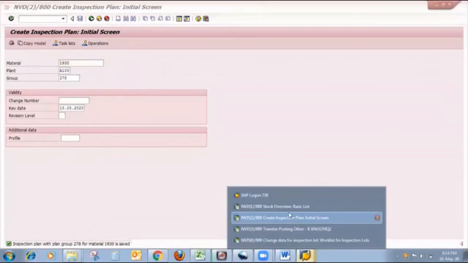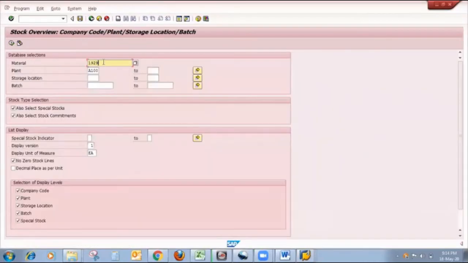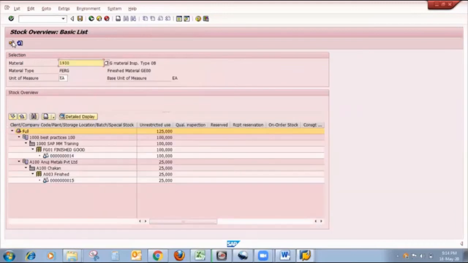So friends, here I also want to show you the stock requirement or stock overview of this material, that is 1930. In MMBE, I want to maintain only the 1930 finished material and execute. As shown on the screen, the stock of my finished good material in plant 1000 is 100 and my A100 stock is 25.